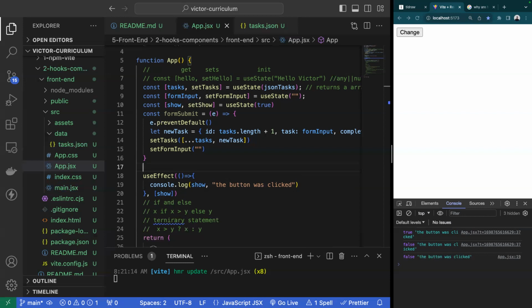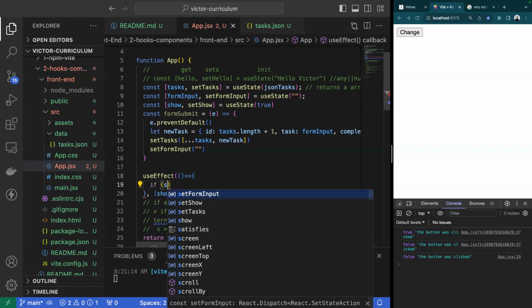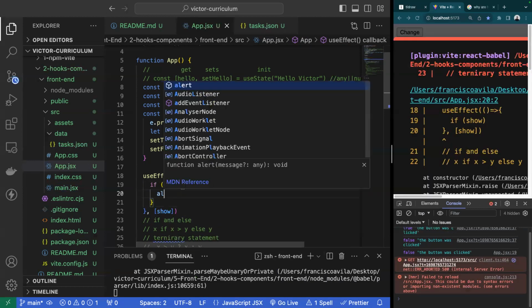So useEffect is mostly to change without reloading the page. Is that what it is? So useEffect is to trigger a specific set of behavior upon a dependency changing. So here is my dependency. And then this is the behavior that I want to happen every time this dependency changes. So anytime this dependency changes, I can say something different. So for example, let's say if show I want to alert